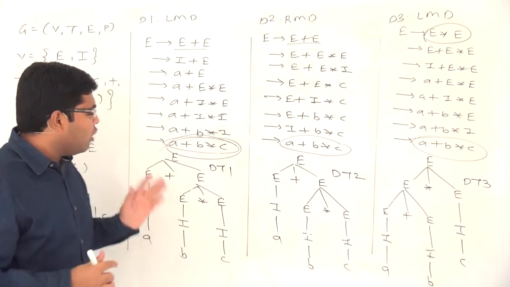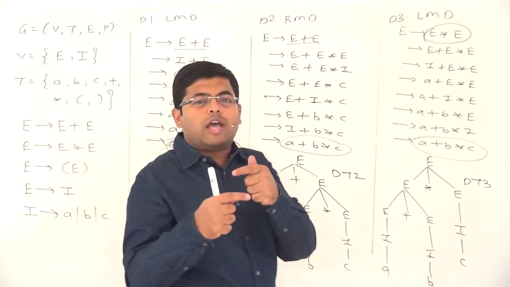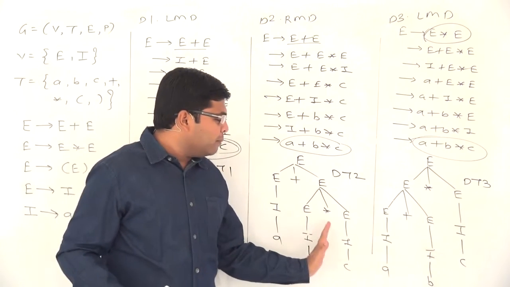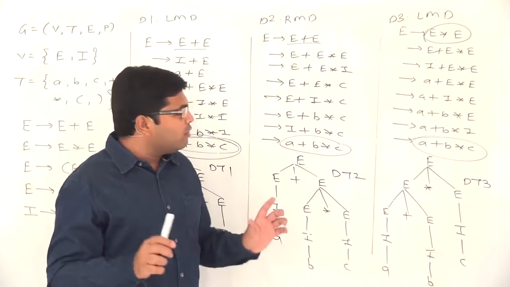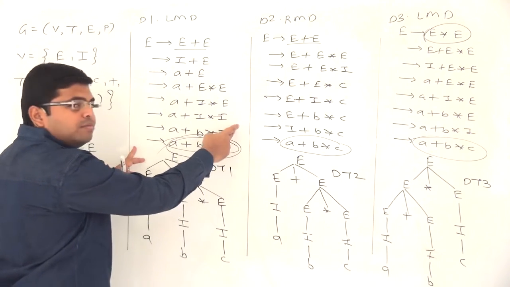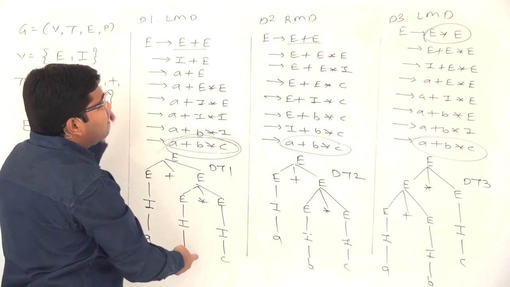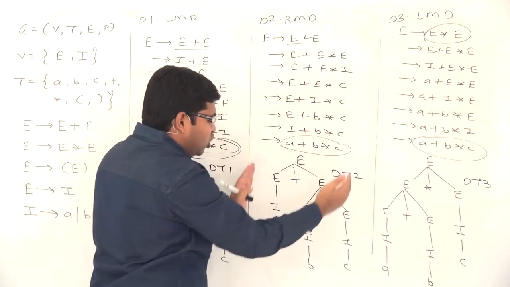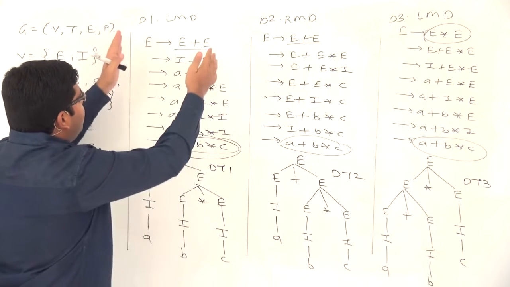Now we will try to give one more definition of ambiguous grammar. Right now we have defined ambiguous grammar in terms of multiple derivation trees or different derivation trees. Here we followed a leftmost derivation. From the leftmost derivation we drew a derivation tree, then we derived a rightmost derivation, and from the rightmost derivation we drew a derivation tree. Now we are going to follow this flow.